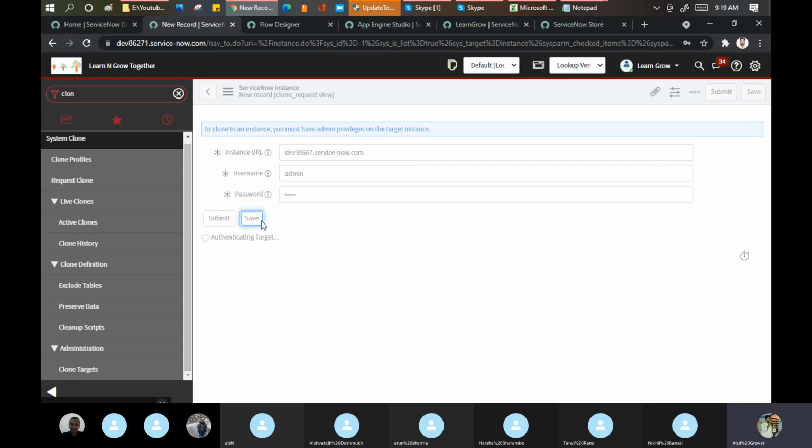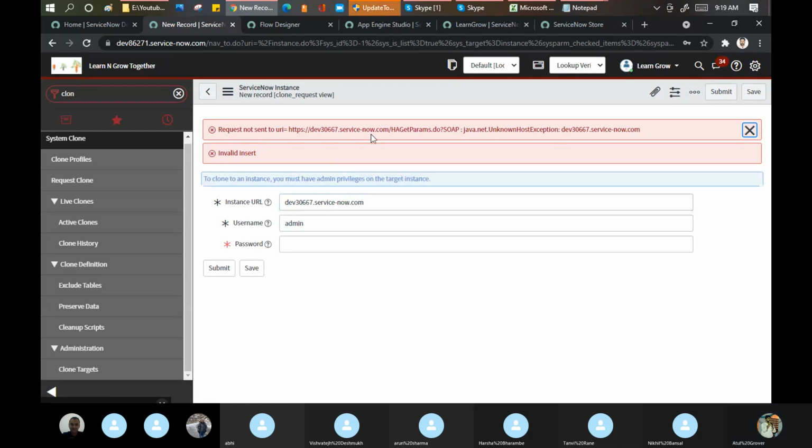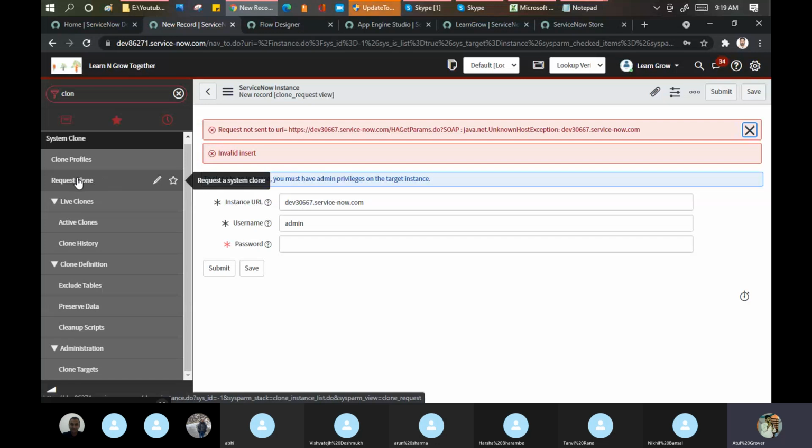Admin. Click save. See, it failed authentication because something is wrong here. But it will work the same manner as we did in our retrieve update set part. If it works here, you can go and request for the clone. Because we are in the PDI, we cannot do this as of now.